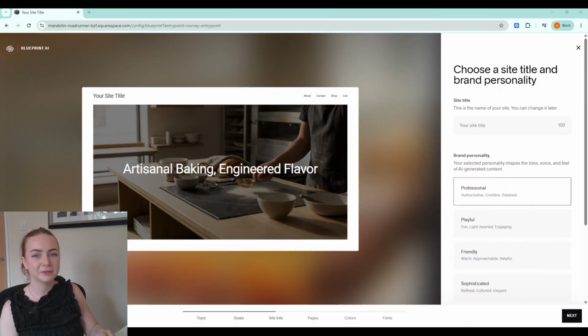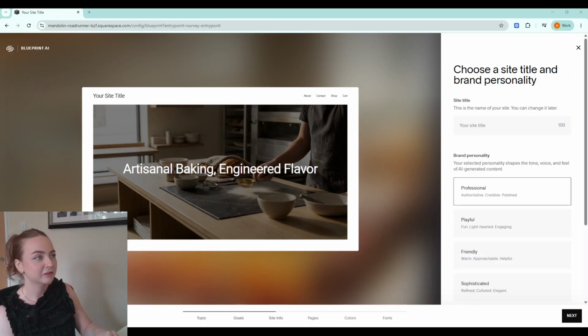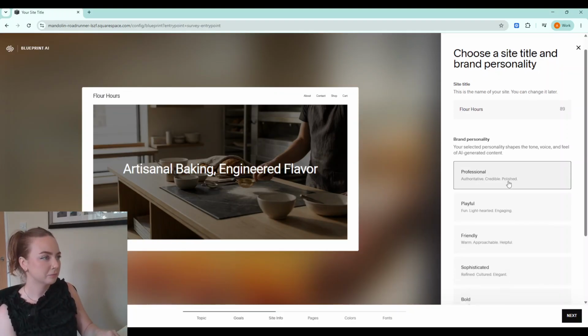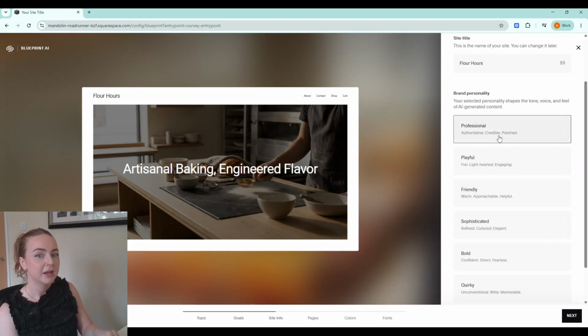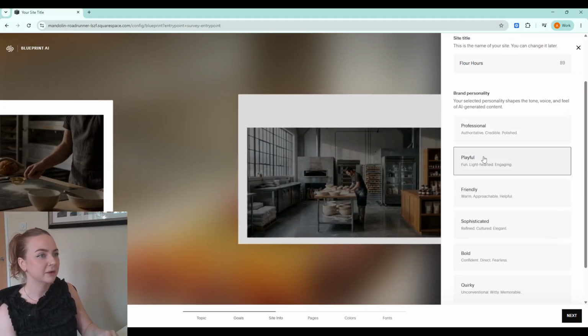Out of all the AI builders I've tested, Squarespace is one of my favorites for beginners since it's broken down into 4 simple steps and it has a really visually responsive preview. If you want an in-depth walkthrough, I'll leave a link to our Blueprint tutorial below, but I'll quickly run through the steps for you now. Firstly, we've got add site information. So I'll add my brand name here. As you can tell, the name pops up in the top corner, making it really easy to see what the site looks like. There are 7 brand personalities to choose from, and it's worth clicking through to see which one